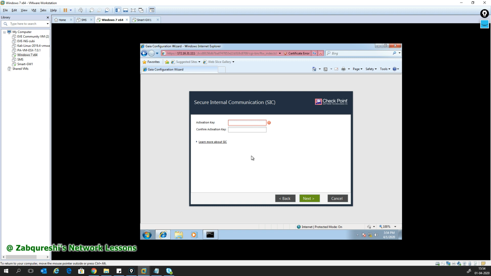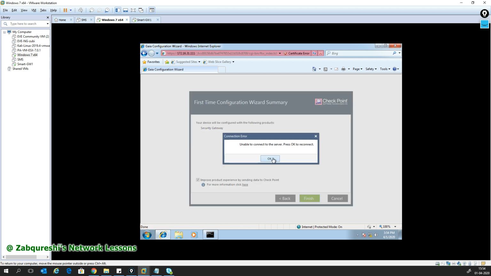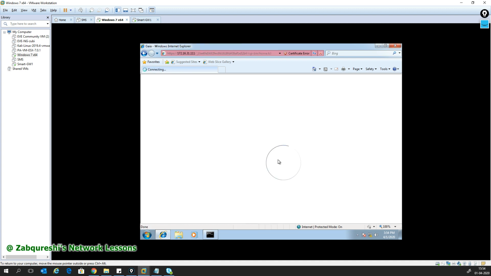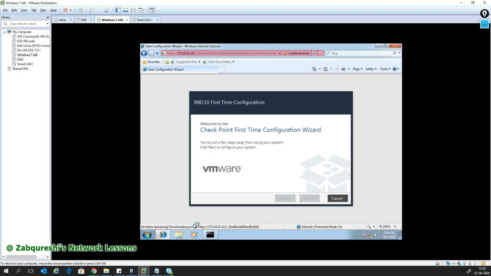So when you try to add the gateway to the management server, you will be asked for this key. So you need to remember this. This can be same, but it's preferred that it should be different from the admin password. So I have kept the admin password as admin123. I'll keep this as test123 with a capital T. Okay, and apart from that, everything is fine. Everything is the same. So I think I have to do this again. Admin123 because of the timeout, I guess. Yeah. So that is one thing that you need to keep in mind while doing the initial setup wizard for